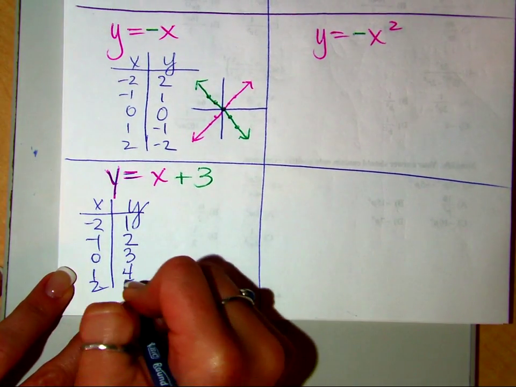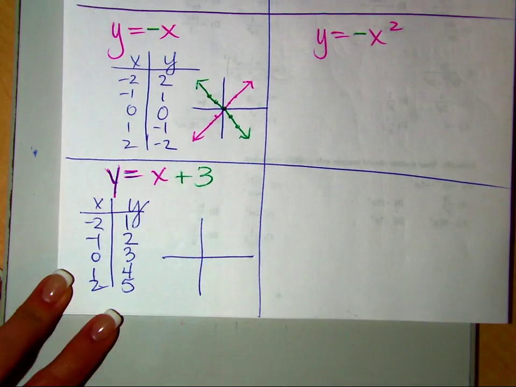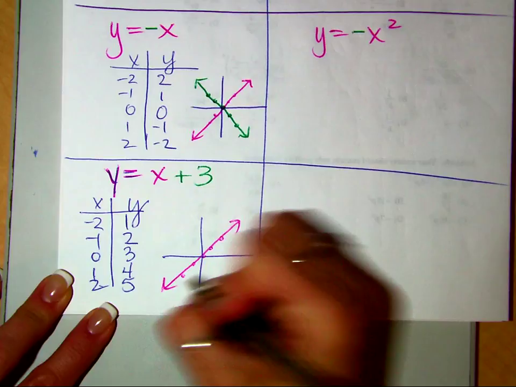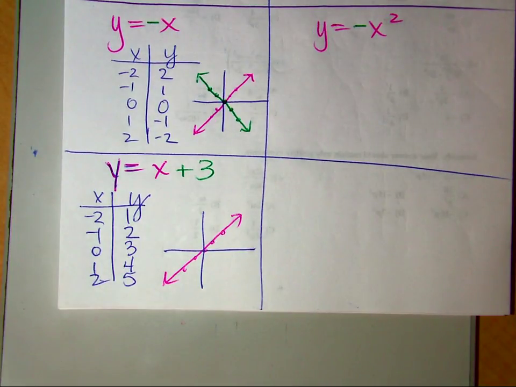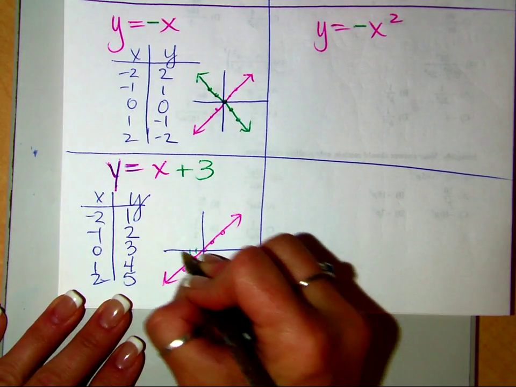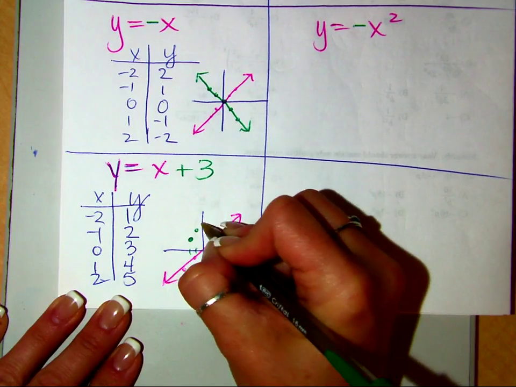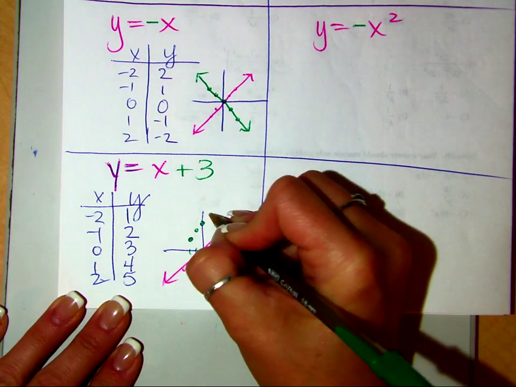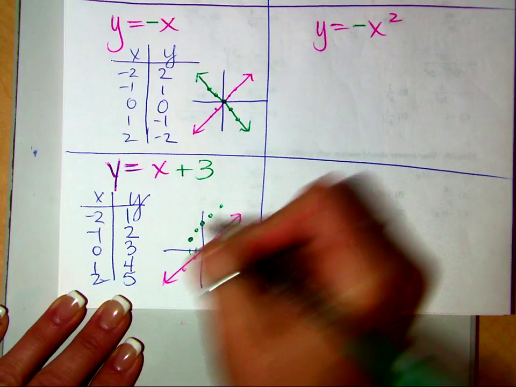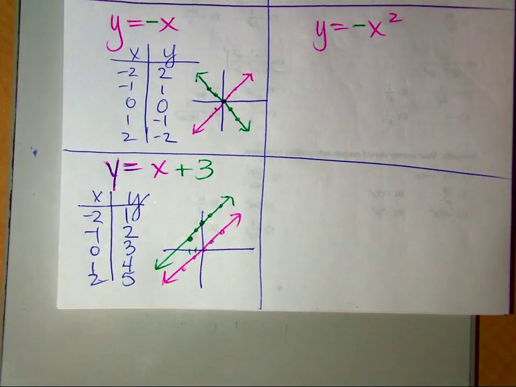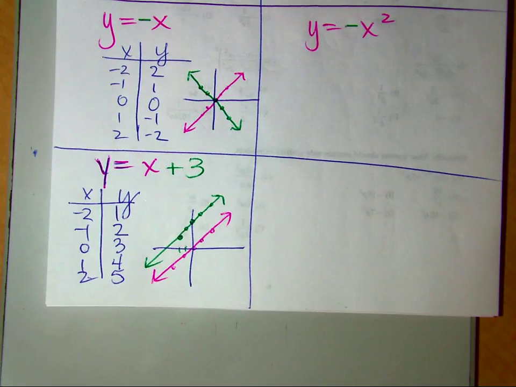And then, once again, if this is my parent function, through the origin, in pink, what does that green plus 3 do to a linear function? It just takes this, and let's plot it. -2, +1. -1, 2. 0, 3, 1, 4, 2, 5. And actually, I'm a little bit off, but okay, you see it in green. What does it do? It takes the parent function